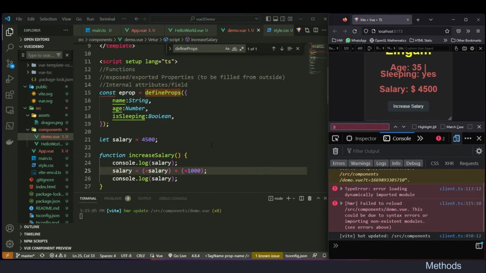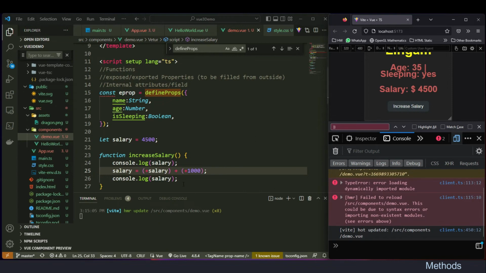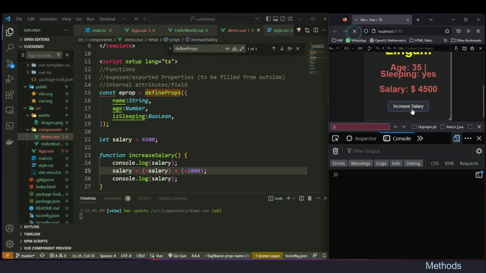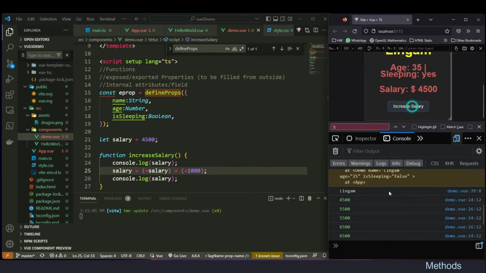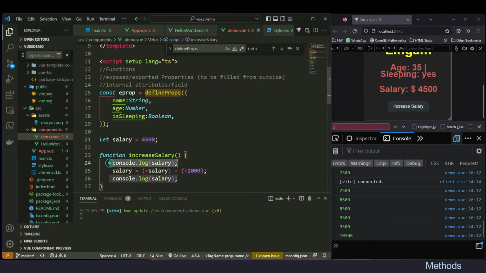it's saying there is some error. What is the error? Forget about it. Okay, now it is increasing. Each time I press, it is increasing by 1,000. 1,000 is getting increased. So it is writing the first one, which we call